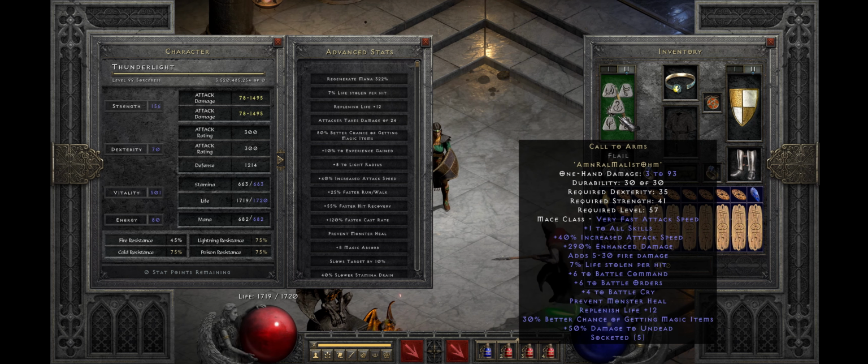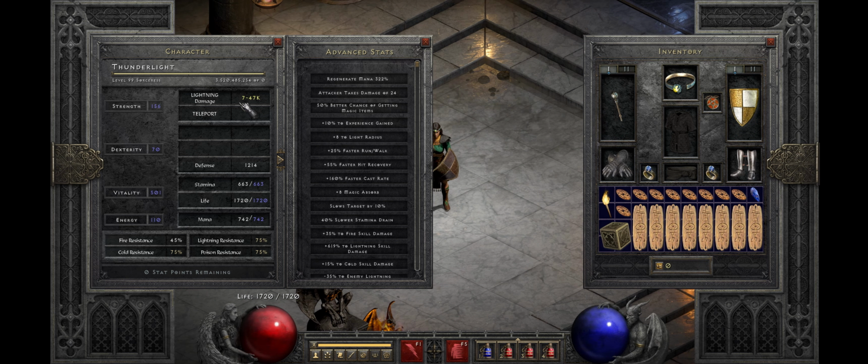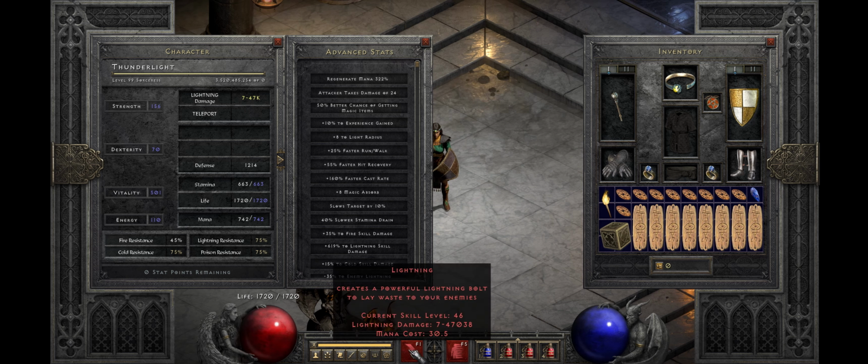Yeah, so on the Switch, you got Call to Arms with the Spirit. That's the basics. 7 to 47,000 damage. And that is not 7,000 to 47. That is 7 damage to 47,000 damage. That is the one major negative of Lightning, is the huge